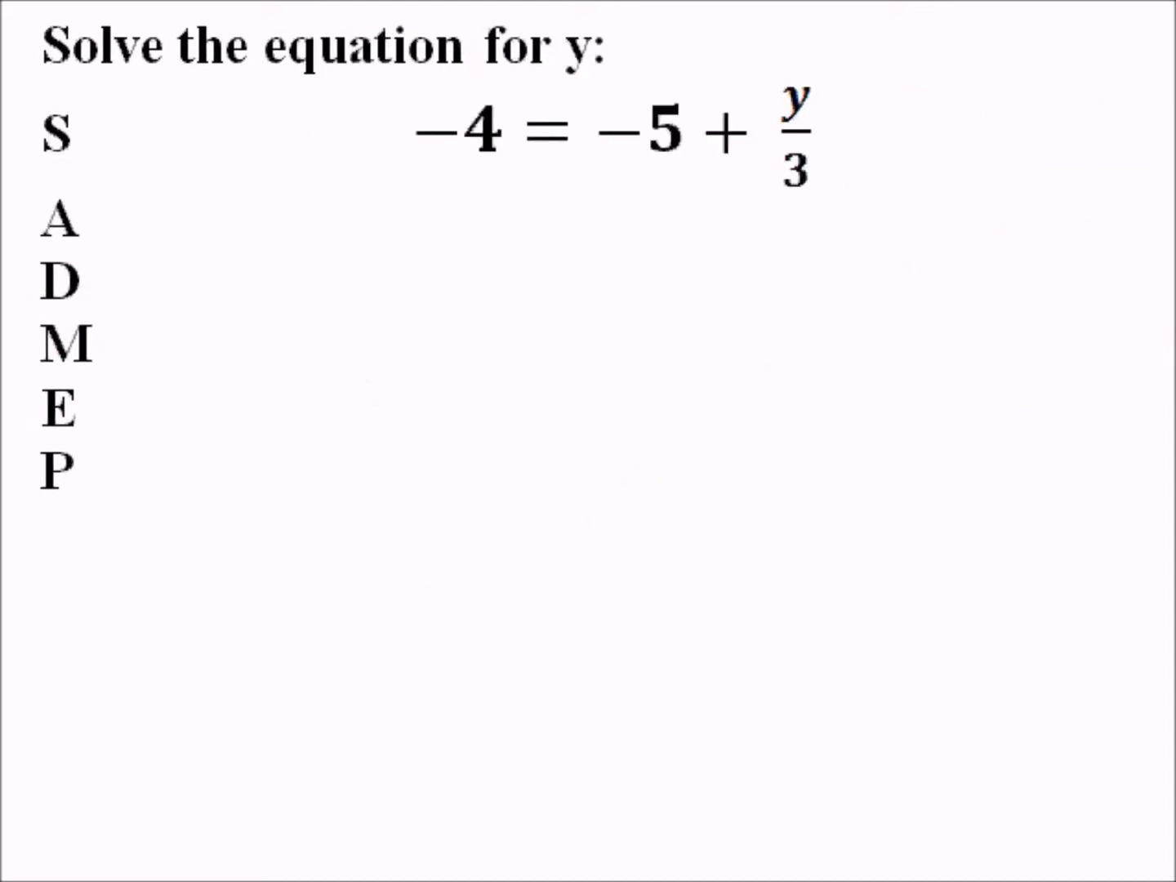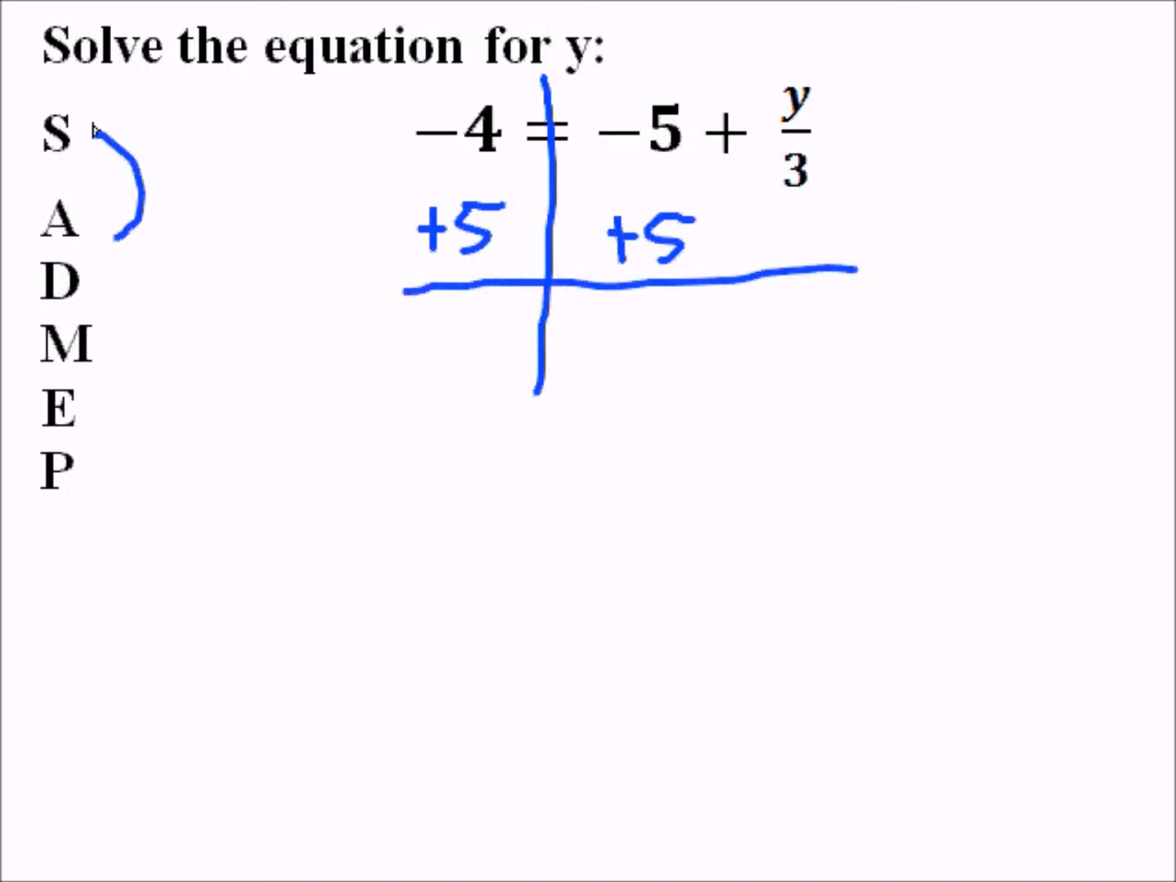Alright, you go ahead and try to solve this equation using the reverse order of operations, or rather doing the opposite operations in the reverse order, to get y by itself. Okay, to solve the equation, first we would add 5 to both sides, because that undoes subtraction. Negative 4 plus 5 gives us